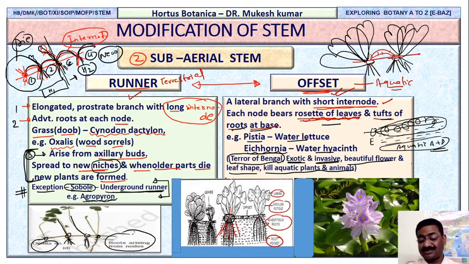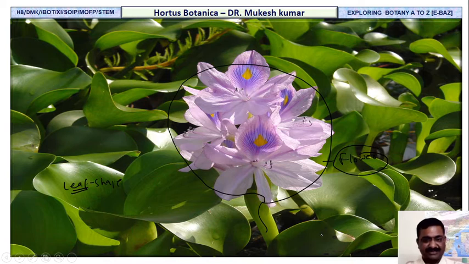So the question will ask, which one is called terror of Bengal? Why is it exotic? Why is it invasive? Why was it carried to our India? How is it exotic as well as invasive? You have to answer all these questions by this explanation. Fine. Now, next we have